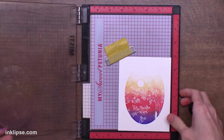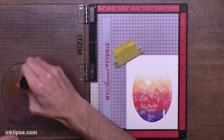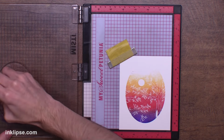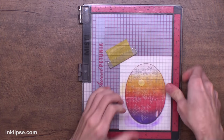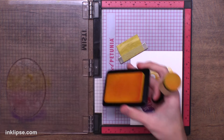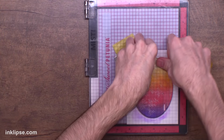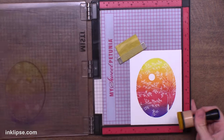Now I also wanted to talk about using a blending brush versus a foam blending tool. Here I decided to use the Ranger Foam Dome blending tools because I find that these foam tools pick up a little bit more ink and apply a more solid application down. So it moves along the process a little bit easier. But by all means, if you have blending brushes in your stash, be sure to try those out as well. You just might have to do a couple more layers because I find blending brushes give a little bit of a softer result at the beginning, so you just might have to layer up the ink a little bit more, which is totally fine. Here I finished off the background with a couple layers of Shooting Star to build up